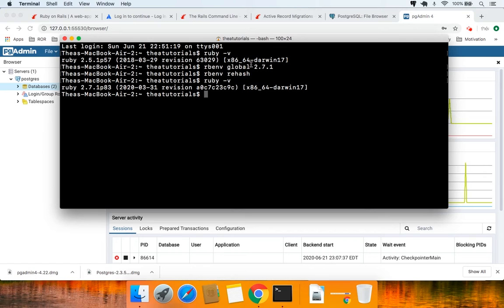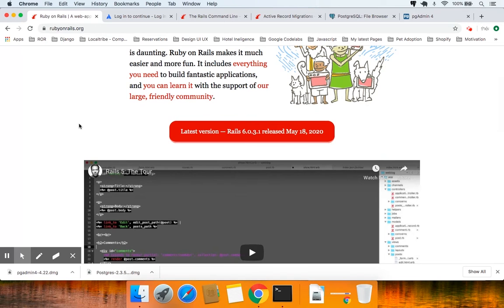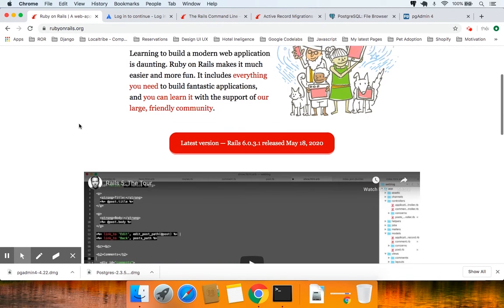So I'm going to type in rails -v to see my Rails version, and it should show me 6.0.3.2. Yeah, so that's my Rails version, because I already did gem install rails. But I believe this is supposed to be 6.0.3.1. Okay,